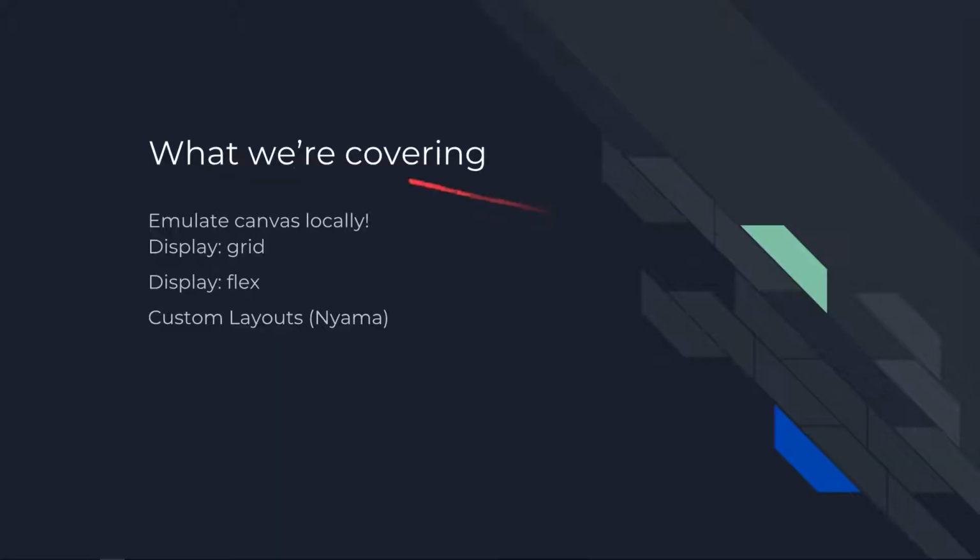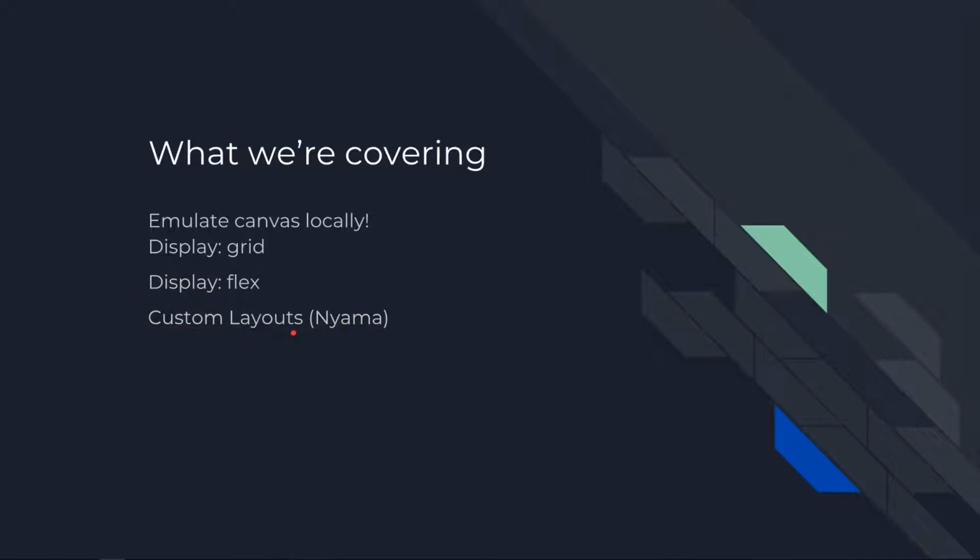Well, yeah, so we're covering firstly how to emulate Canvas on your local machine, because this has sped up my development by like 100%. Basically I develop locally and then copy and paste the code into Canvas, but in a way that makes sense so that you don't have to change a bunch of code when you go to Canvas. After that, we'll be doing display grid and then display flex, and then I'll use